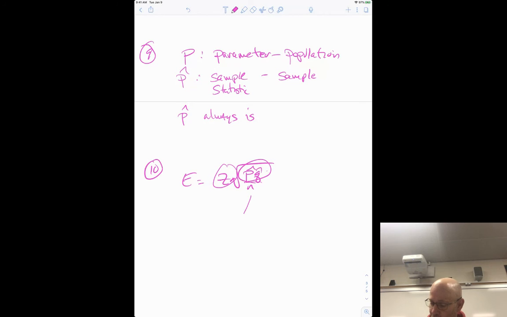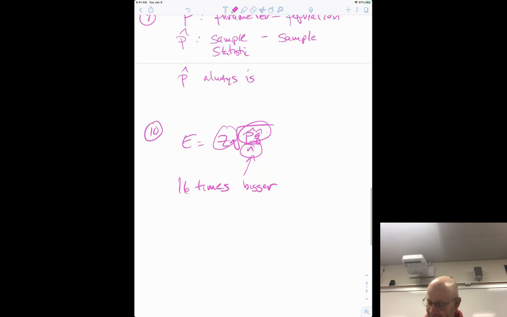But what if we want the margin of error to be 1/4? So that means what number do I have to put in for n to make it 1/4? Right, so we're going to have to make it bigger, right? So I think we want to make it 16 times bigger, right? 16 times bigger. We'll make that square root of 16n become a 1/4. So 16 times bigger. And you can just try some numbers too if you want to see that. And then the last one,